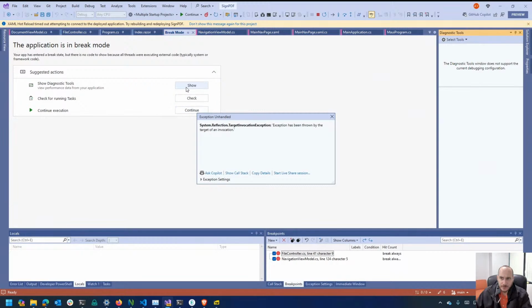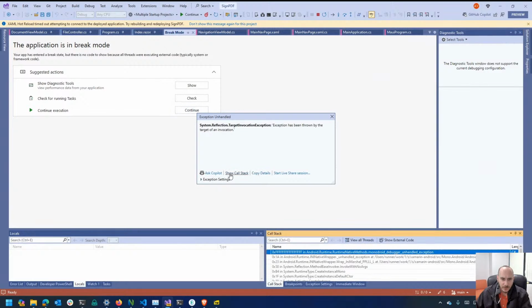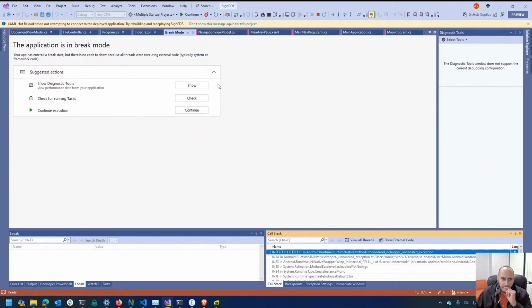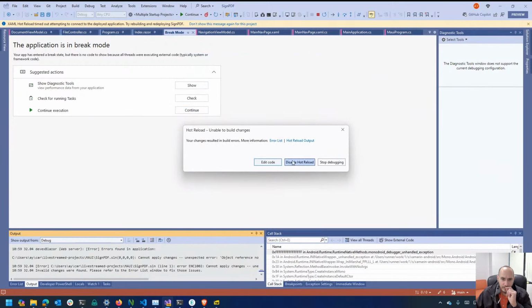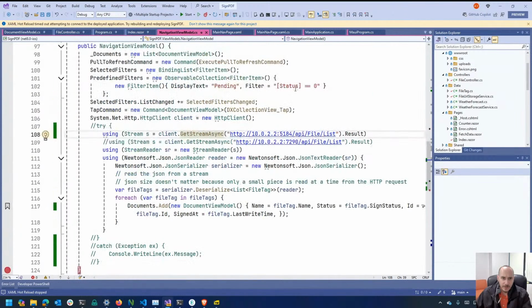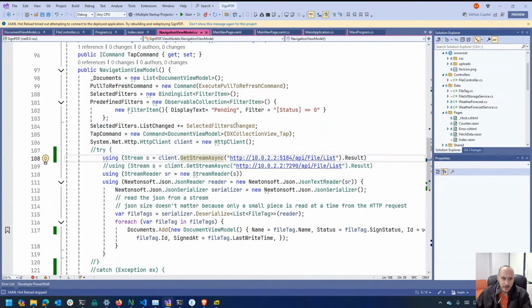Let's go look at my call stack, exception details, and let's see if I can find out more details about why it was not happy with that. So I'm calling the correct client, and the client is